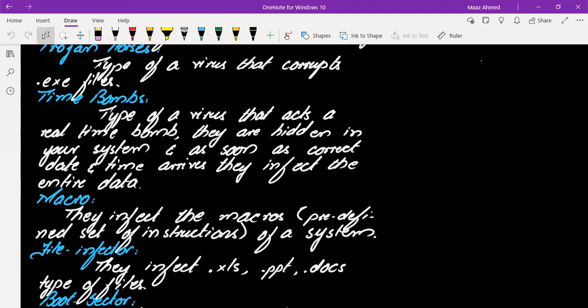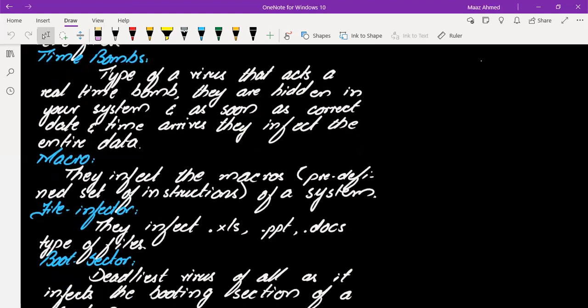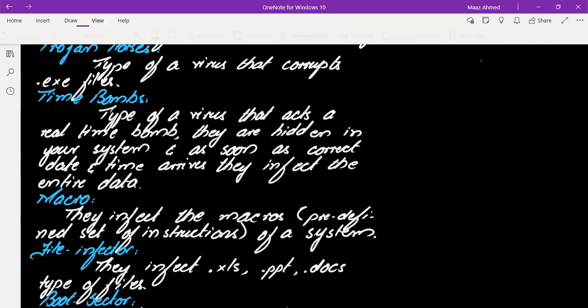Then it comes with the macros. What do you mean by the macro here? First of all, you need to understand the definition of a macro, because a macro virus infects the macro, which is a predefined set of instructions of a system. Now, what do you mean? For example,